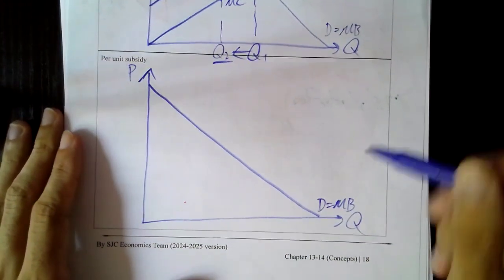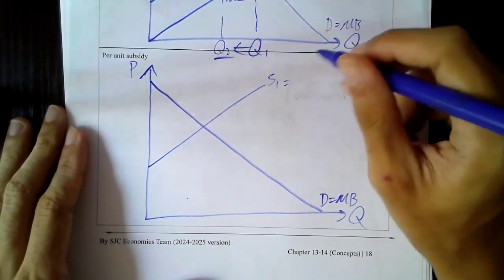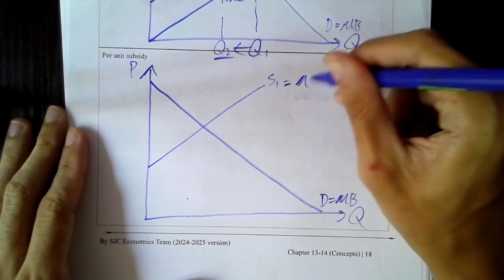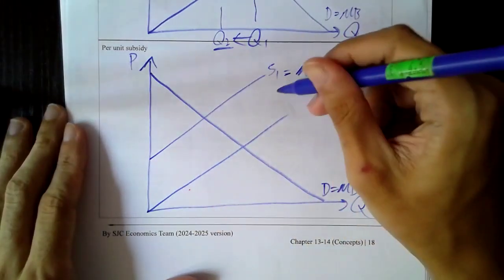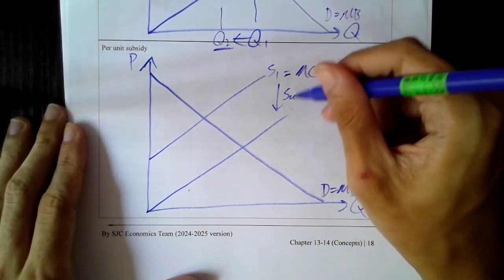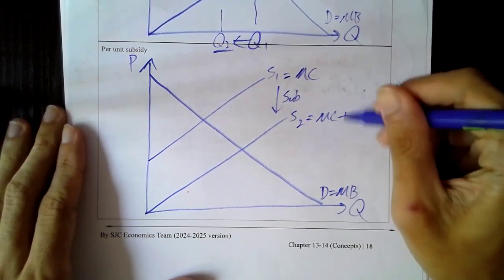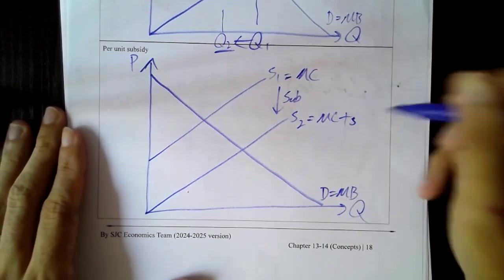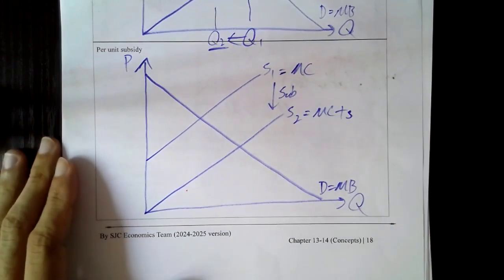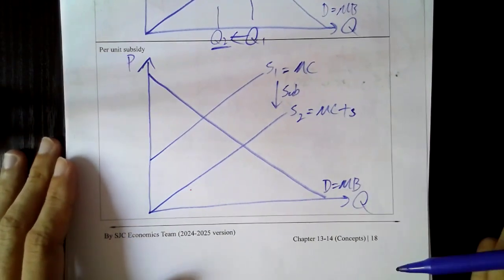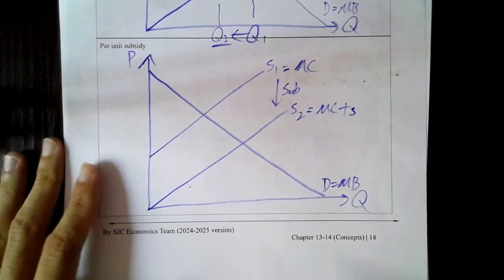Okay, D equals to MB. Now remember, it's just the opposite. 嗱，留翻少少位俾自己啊呢度啊嘛。This is S1 equals to MC. 係嘛？Then we have a subsidy. Now therefore, it's going to have a downward shift. Okay, we call it subsidy. Here again, let's call it MC plus S or minus S，你中意啦，冇所謂啦，係咪啊？Just to remember, this is not our MC curve, right? But the MC, the altered 係咪一個假嘅？呢條係假嘅。